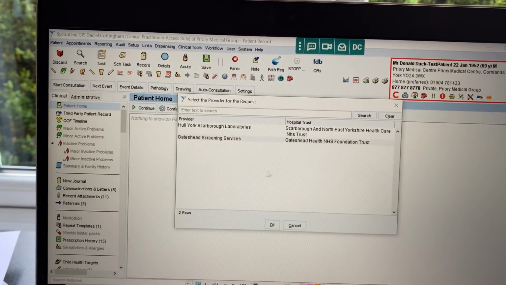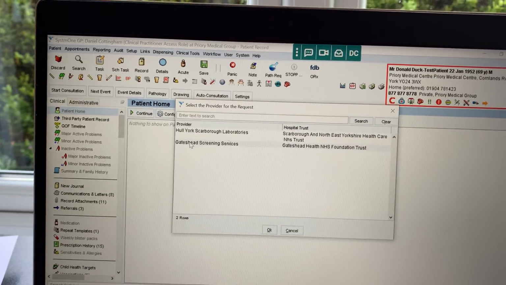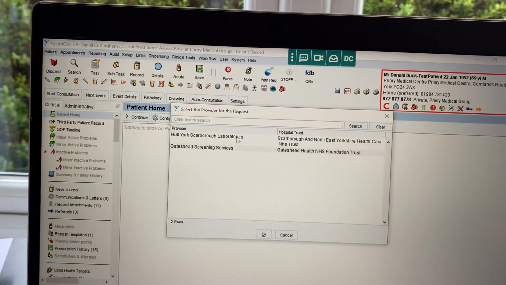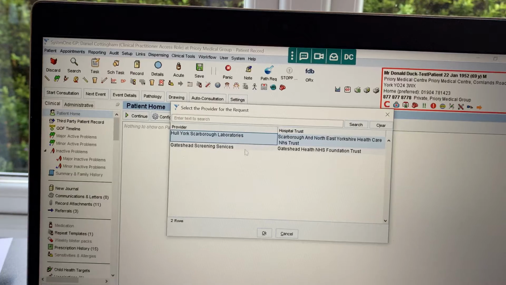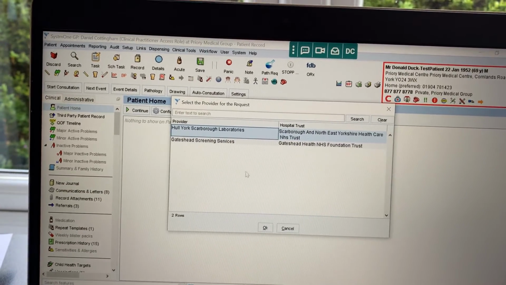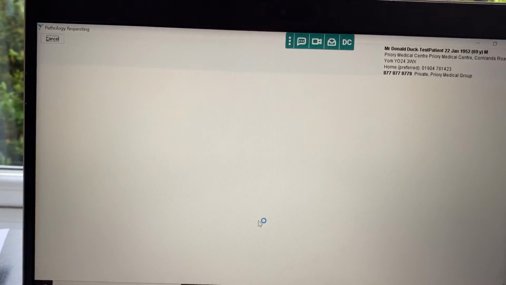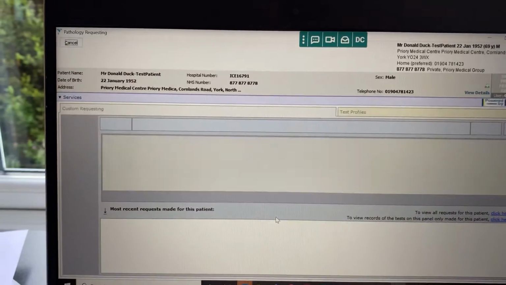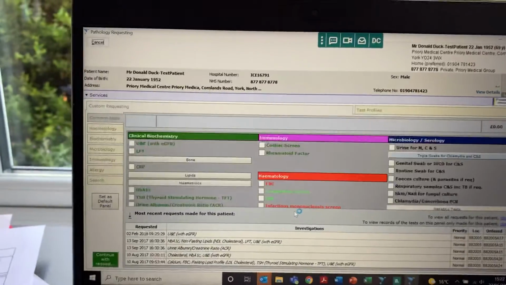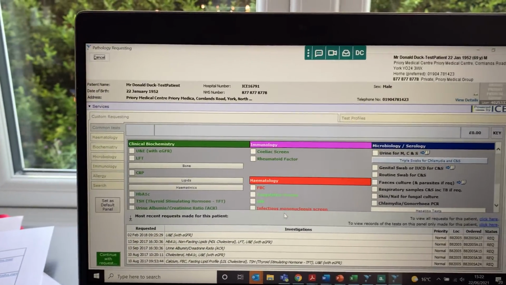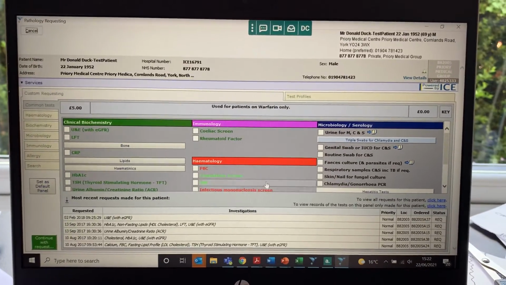This then leads to this box coming up. The Gateshead option is for cervical smears. So we use the whole York Scarborough laboratories. Highlight it and then click OK. This launches the ICE home screen, and I thought I would just detail some of the functionality that we have